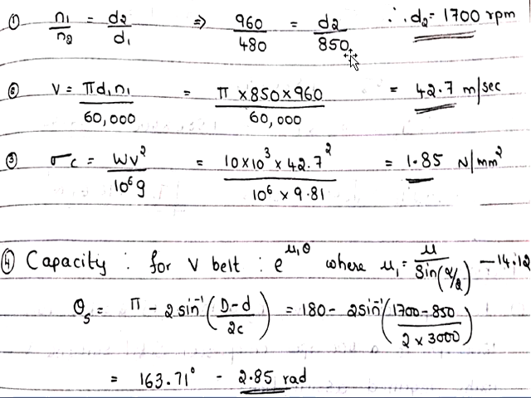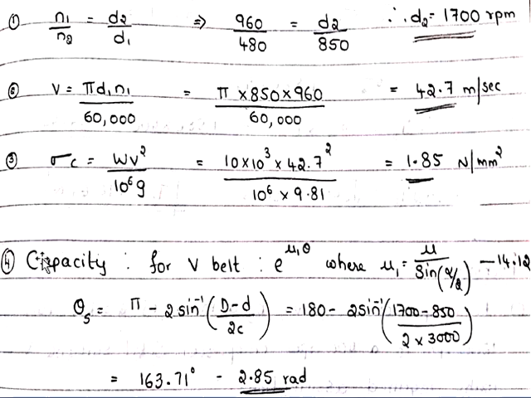And if you refer to equations 14.13 A to E, here the maximum value of D is 700. But in our problem, diameter is 850. So I cannot use equations 14.13 A to E to solve this problem. Only if dE value is less than 700, I can use the previous problem procedure. We can use equation 14.13 A to E. But here, since diameter is greater than 700, I am using the procedure which I used in flat belt drive. What the differences are I will tell you later.